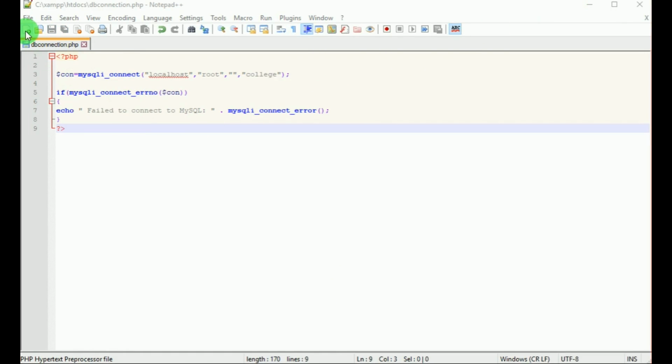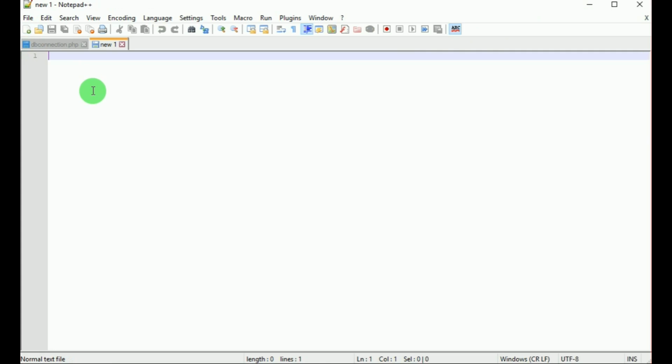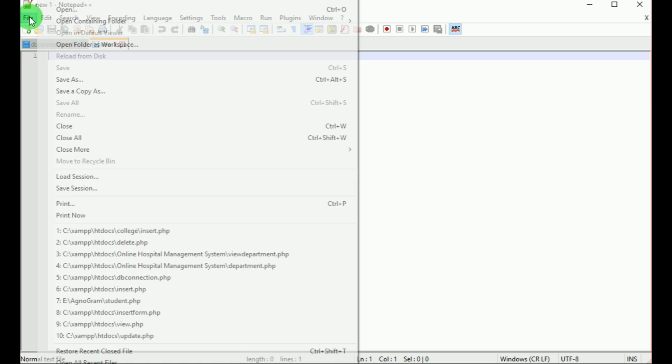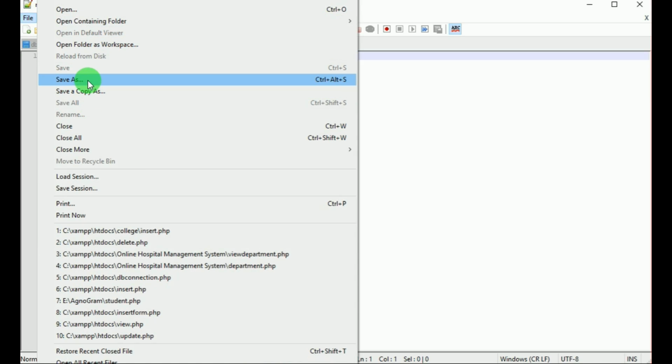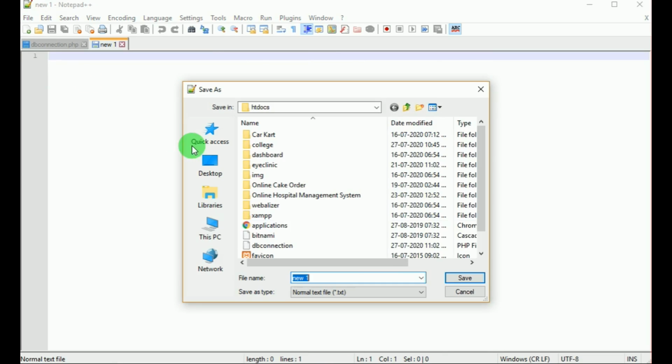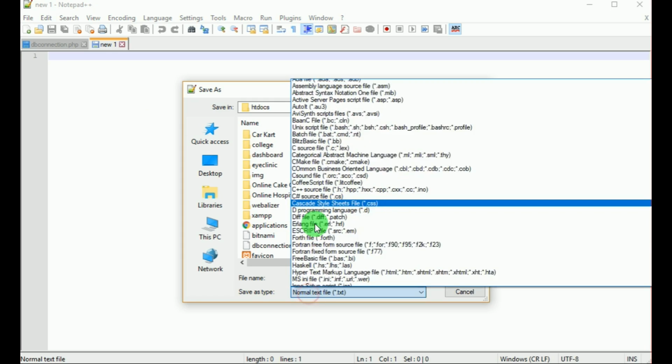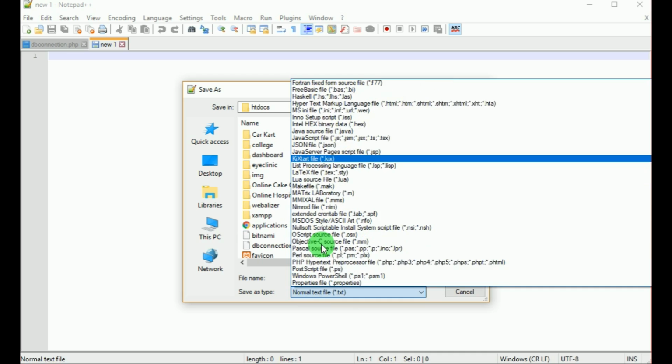Now let's create an HTML form to add the records to the table student. Let's save this file as insert_form, and the type is PHP file.